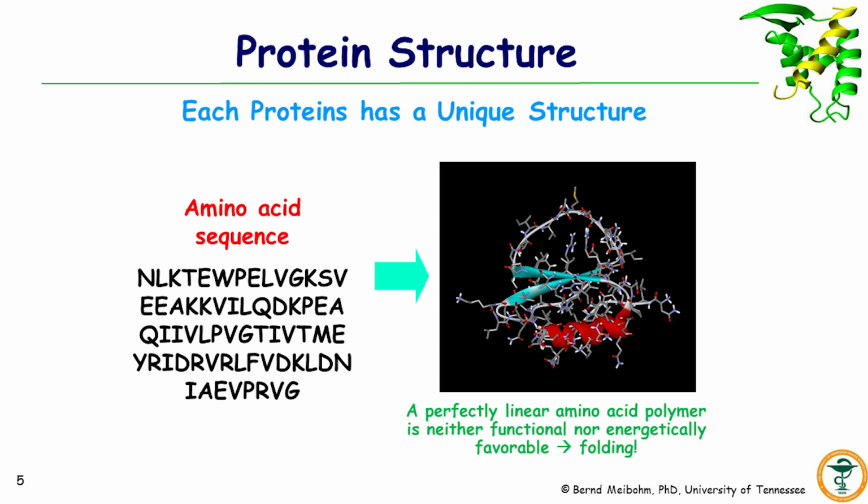This three-dimensional structure is stabilized by hydrogen bonding or van der Waals interactions, sometimes disulfide bridges, so relatively weak atomic interactions that produce a defined three-dimensional structure that is necessary for the stability as well as the function of